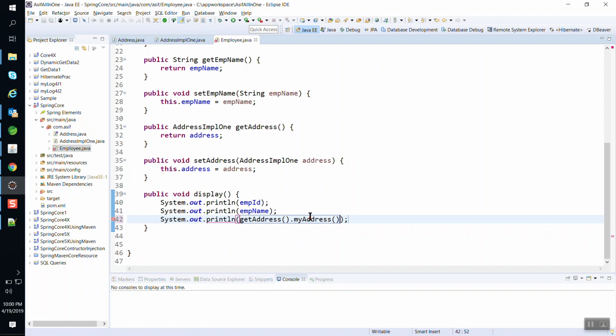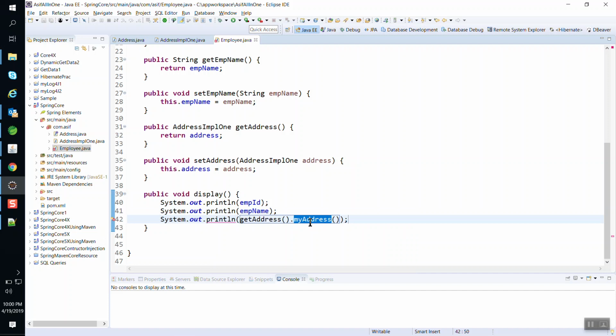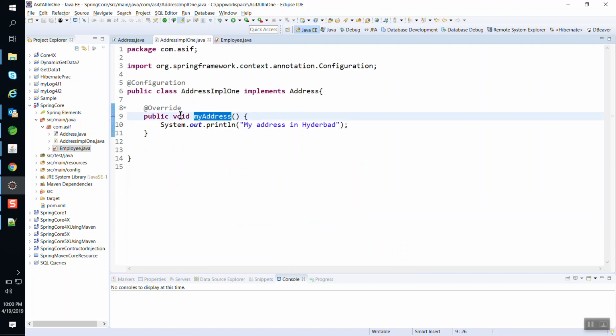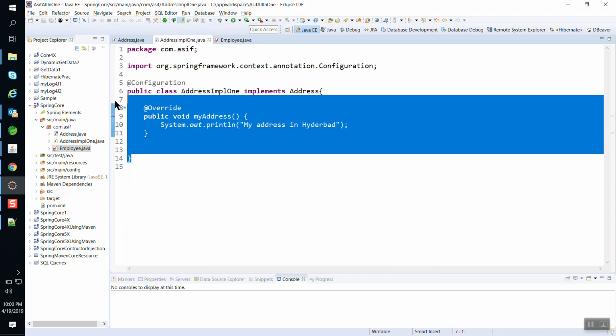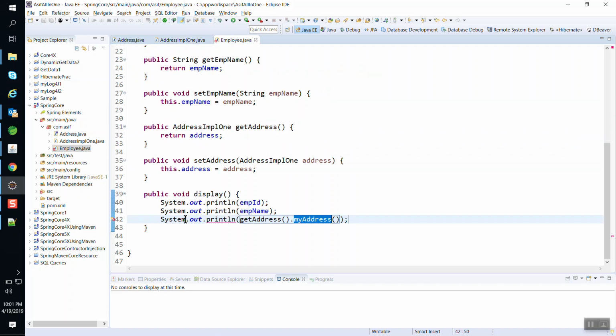So I've got some problem showing red. Why? Because if you go to my address method, my address method is void. It's not returning anything, it's just printing. So we should not write it inside the sysout. So let me remove this